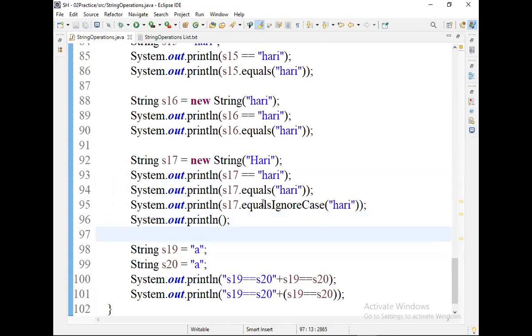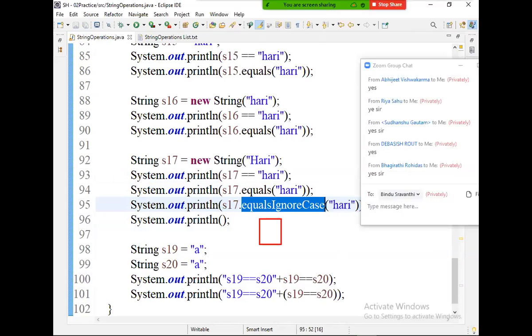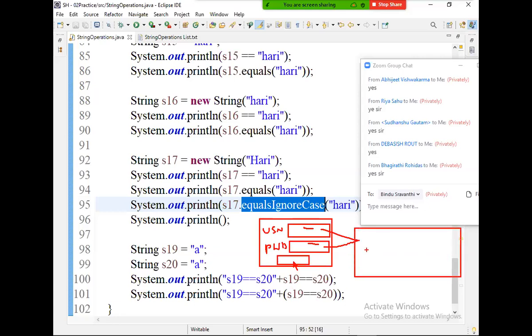Okay, now the question. Sir, in which situation should I use the equals method? In which situation must we use the equals ignore case method? Again, the login form. Again, in the login form case only. In the login form, I am reading username and I'm reading password. You entered your username and password, click on the login button. Then username and password came to our Java program. In the Java program, I must compare username and I should compare password.